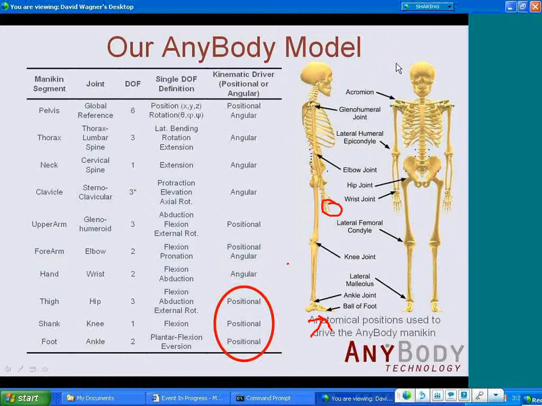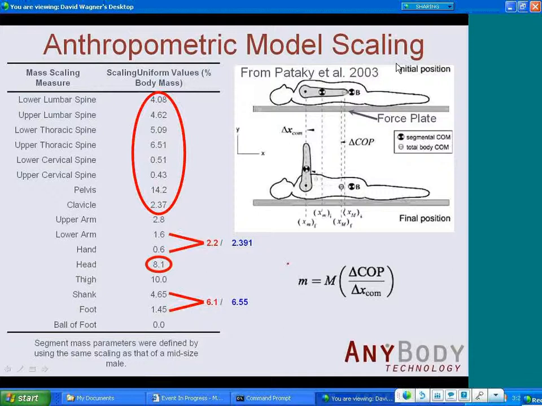Also on the lines of model performance, we know that we have an individual that we collected data from, and the AnyBody mannequin requires that there be some type of body mass distribution applied to the bones. And in an attempt to get the most accurate data possible while staying clinically feasible and possibly easy for me as an ergonomist to accomplish, we reviewed the literature and found a clinical study where they estimated the